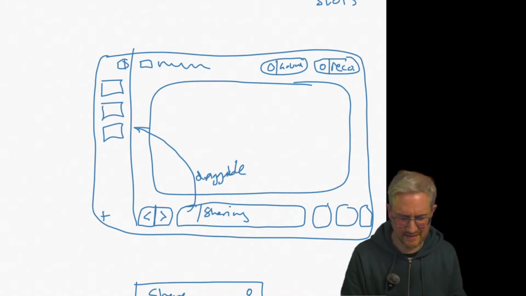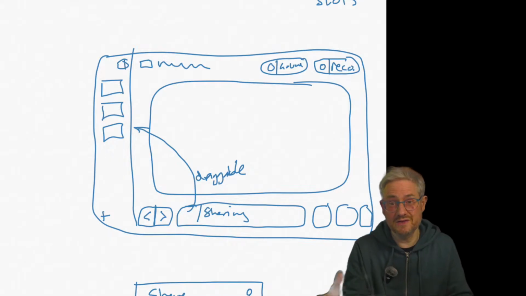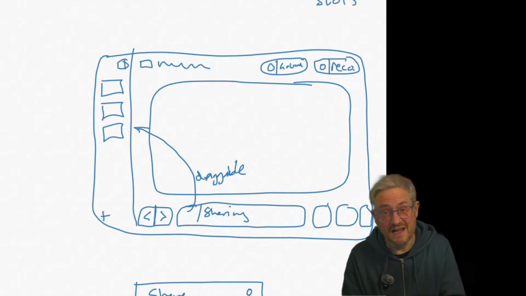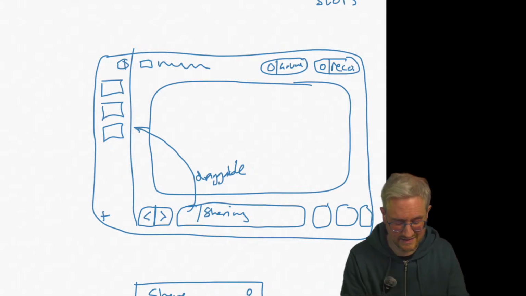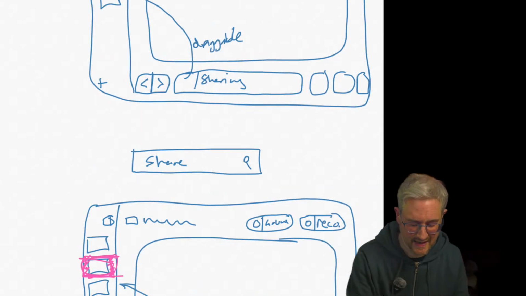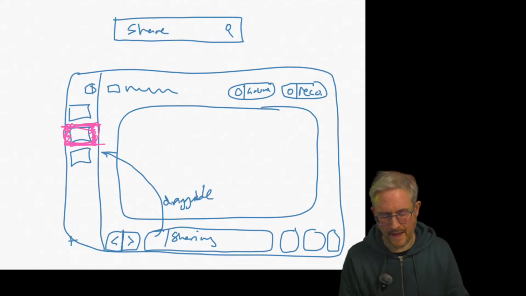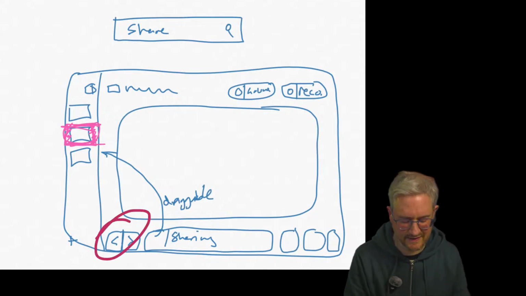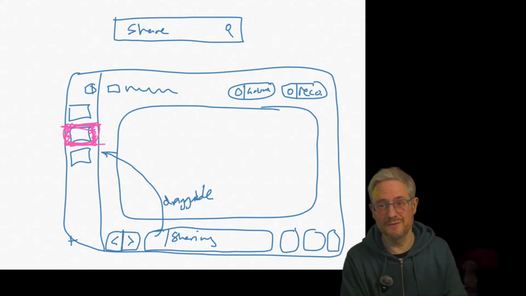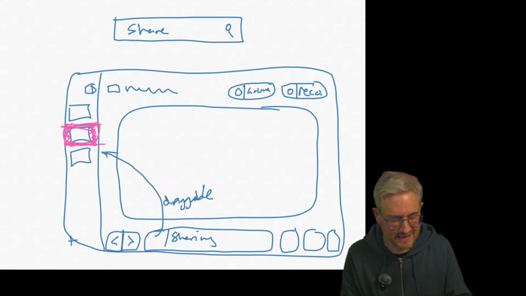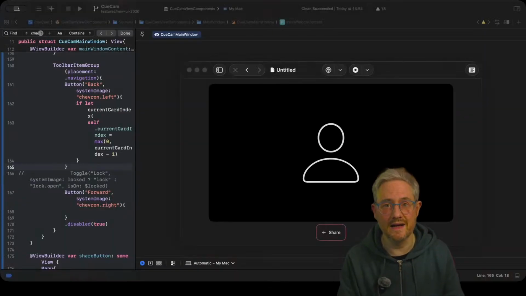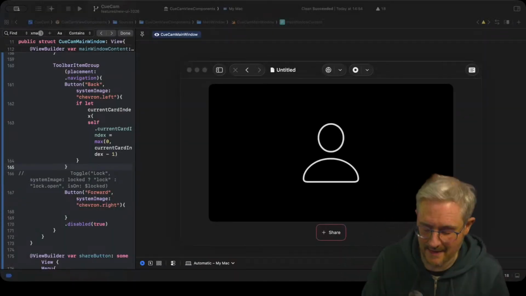I've been thinking about how we do this. Can I just use the share bar for selecting things to share, and then you drag them into the thing? Maybe the share bar should have a little search thing on it. And then there's this idea of a back button and a forwards button. But one of the biggest things that I've been realizing, let's have a look at